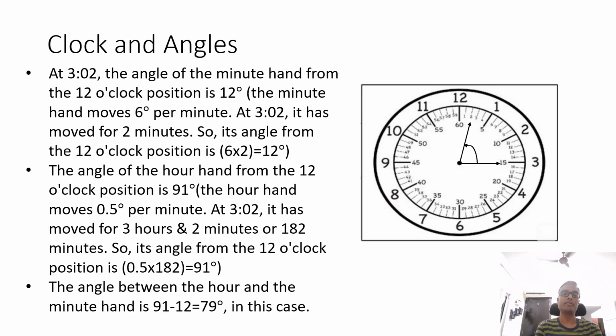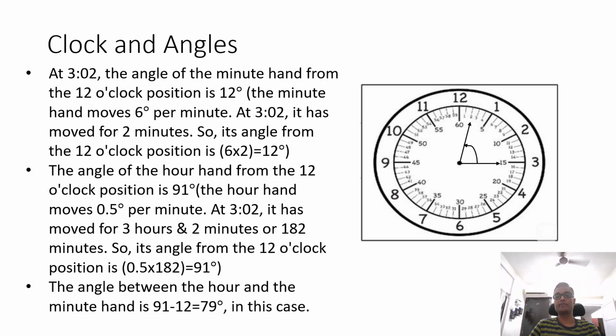And like the previous example, in order to figure out the angle formed between the hour and the minute hand, we would subtract their positions, or we would subtract the angles that the hour hand and the minute hand have made with respect to the 12 o'clock position. So in case of the hour hand, it's 91 degrees, and in case of the minute hand, it's 12 degrees. So the angle between the hour and the minute hand is nothing but 91 minus 12, 79 degrees in this